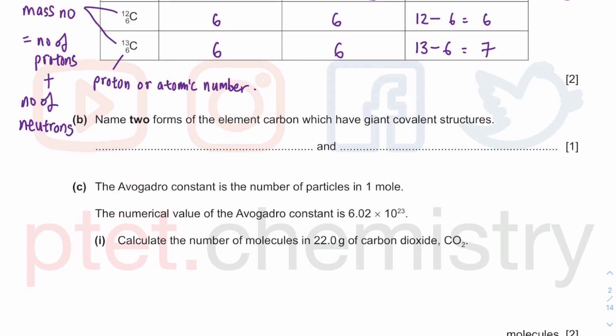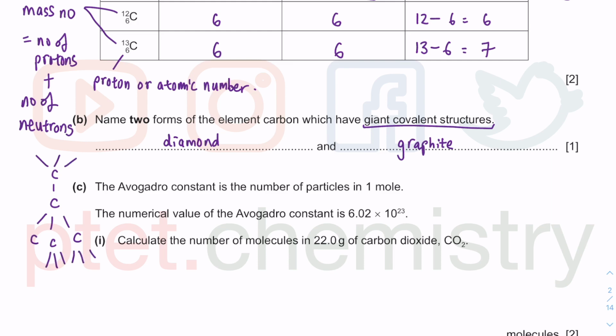Name 2 forms of the elements which have giant covalent structures. So these are just your diamond and your graphite. It doesn't matter which way around it is. But you should know that the structure of diamond is basically carbon bonded to 4 other carbons. And each carbon is again bonded to 4 other carbons like that. Giant covalent structure. In graphite, however, you will have layers